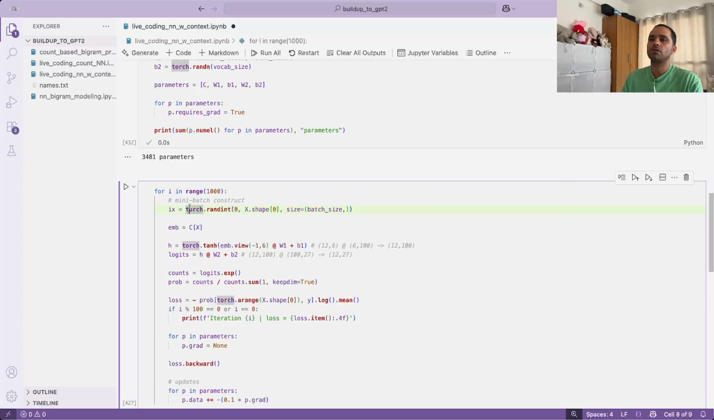So with this torch.randint, we'll get a tensor of batch size integers, which is 32 integers between 0 and X dot shape 0. So if the number of samples in X is, let's say, 100,000, between 0 and 100,000, we'll get these many random integers. And from those, we can say that xb, yb is,